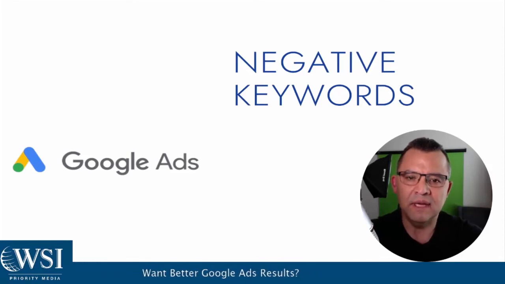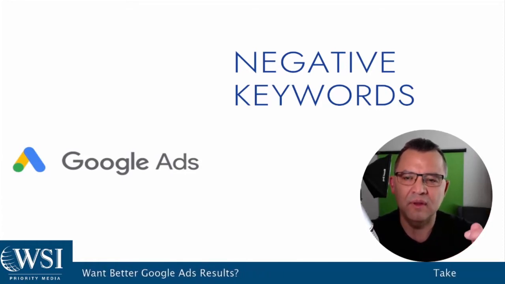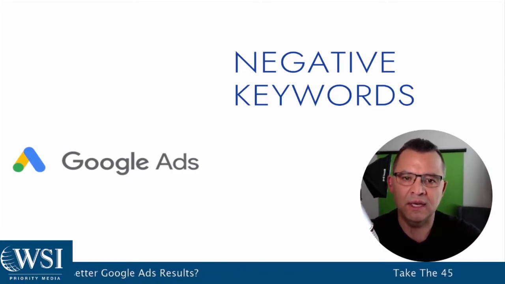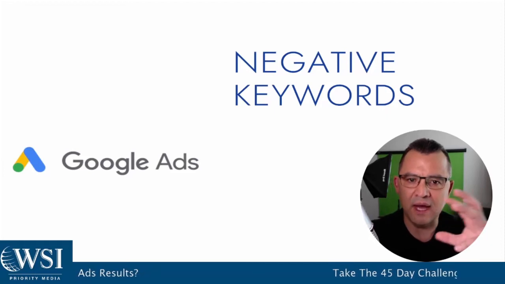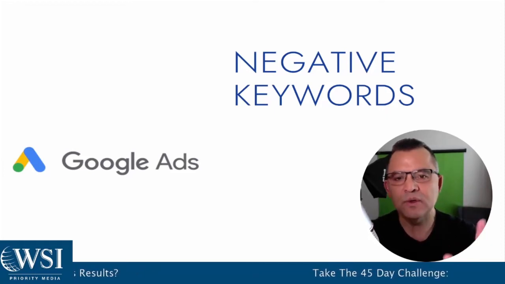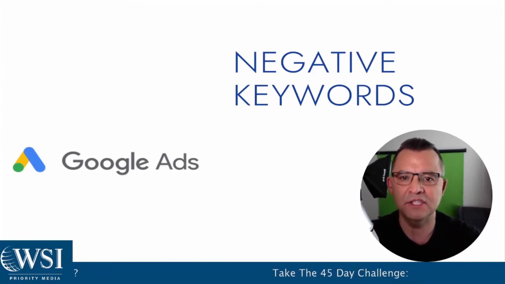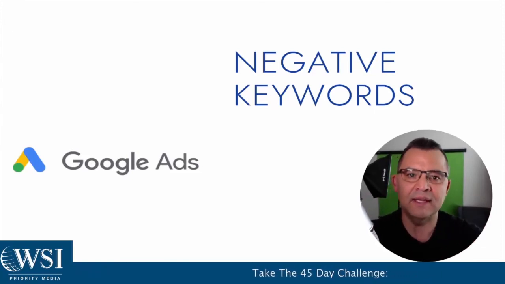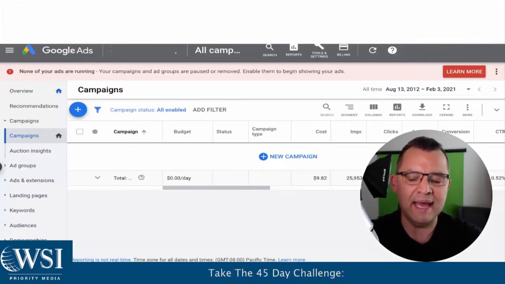There are some examples of accounts where you would run a different negative keyword list at the campaign level, but we rarely see that. For the most part, you can run all of your negative keywords at the account level, and if it applies across the board company-wise, account-wise, that's where you want to be doing it, not down at the campaign level. So I'm going to show you both either way, just in case you have a special need where you need to be running it at the campaign level. Let me jump in and show you what to do at the campaign level.